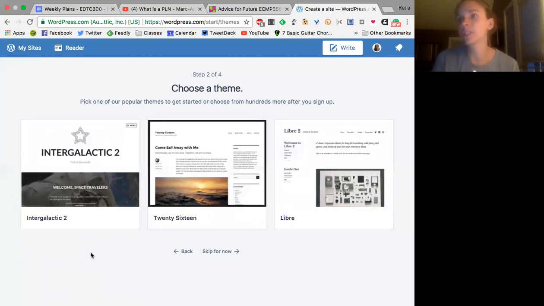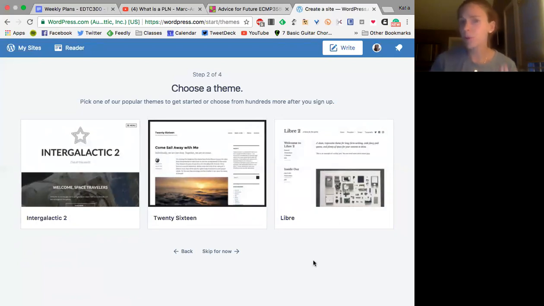So you can see, for instance, Intergalactic 2 has a space for a big photo. This one is really putting the blog post right front and center. This one, you've got a little menu bar up top, and one on the side, and then some blog posts.